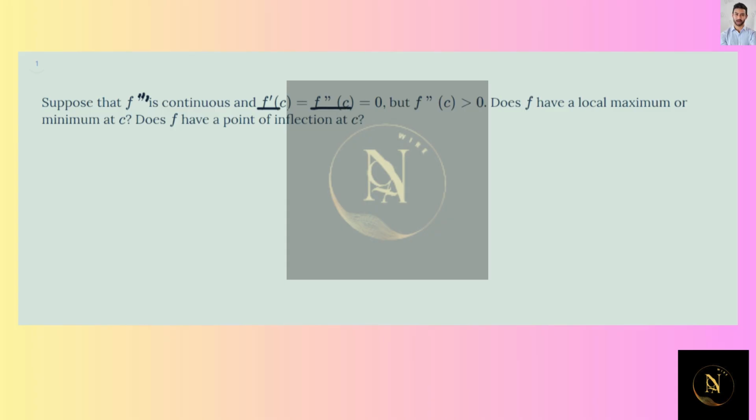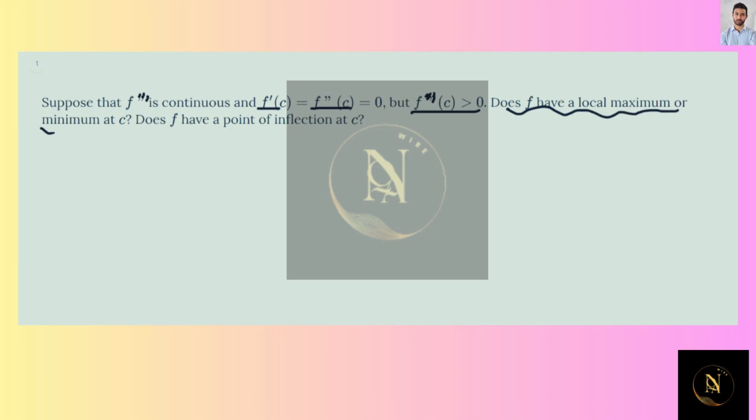The problem is, suppose that the third derivative of f is continuous, and the first derivative and second derivative at the point c are equal to 0, but the third derivative at c is greater than 0. Does f have a local maximum or minimum at c? Does f have a point of inflection at c? So first,